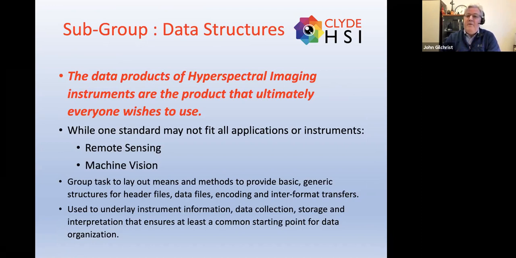The key here is for this group to provide the generic headers and data file structures that are inherent in hyperspectral imaging, and to be able to document those parameters so that we have a minimum viable header structure. Even if one takes conventional structures like ENVI, it depends whether the data set's recorded in BIP or BIL or other formats and so on. And on a manufacturer's side, it depends very much upon what additional metadata one might add in. So a user has sometimes difficulty to really interpret and use this.